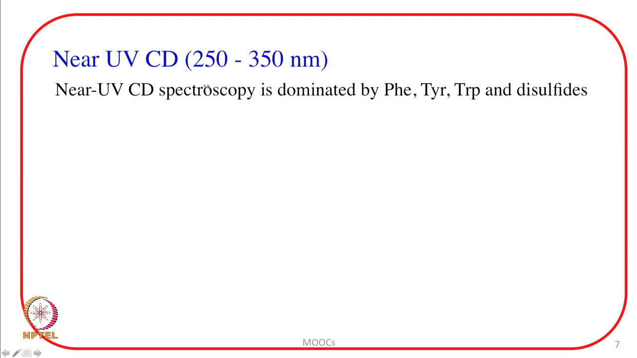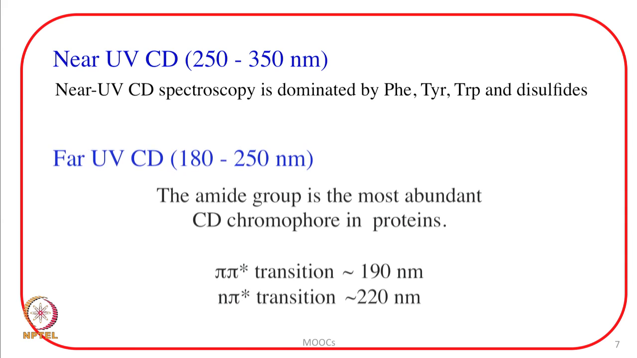Near UV-CD, which is in the range of 250 to 350 nanometer, is dominated by phenylalanine, tyrosine, tryptophan and disulfides. And the phenylalanine, tyrosine, tryptophan, disulfide basically define the tertiary structure of a protein. That means near UV CD signals will carry information about the tertiary structure of a protein, and the far UV CD,